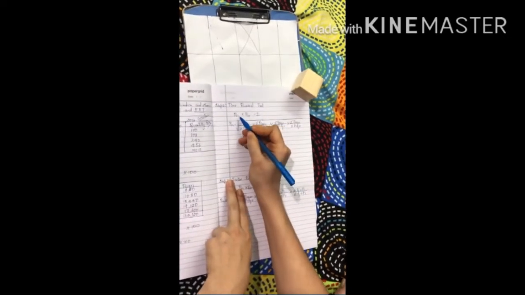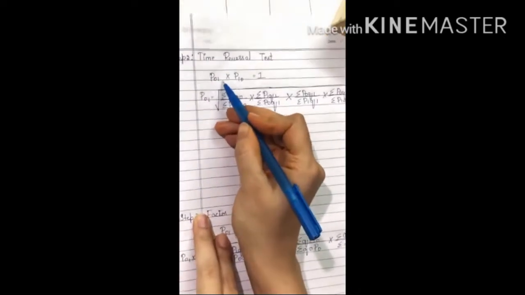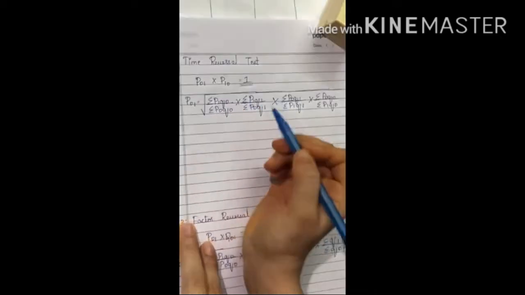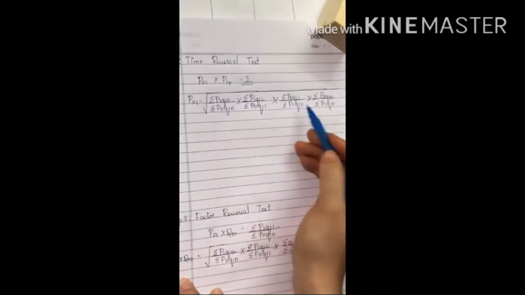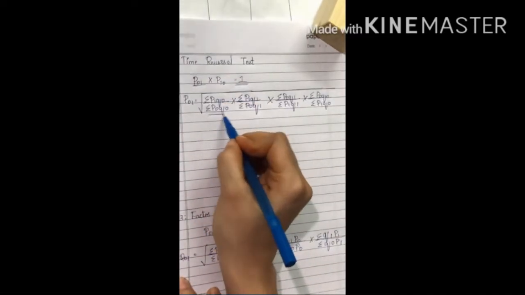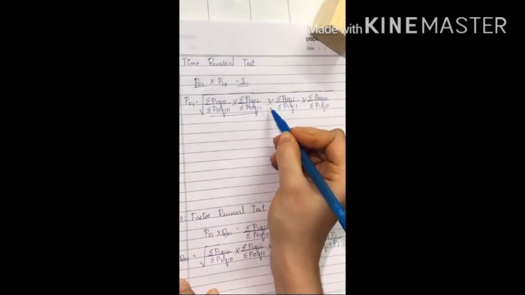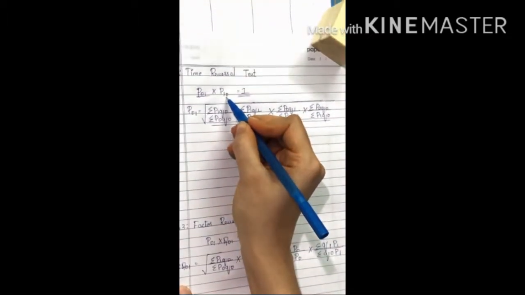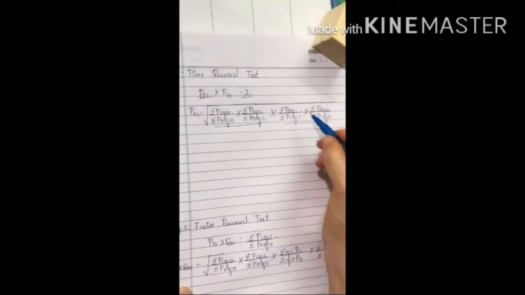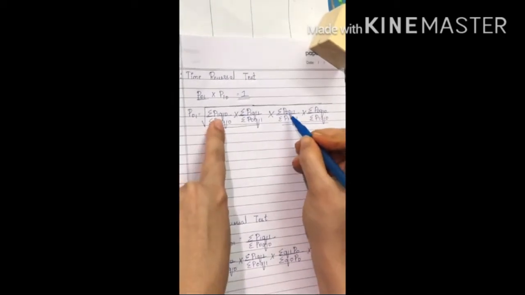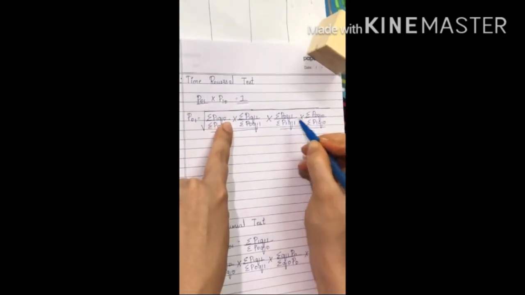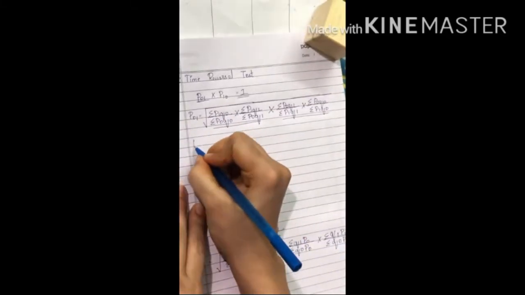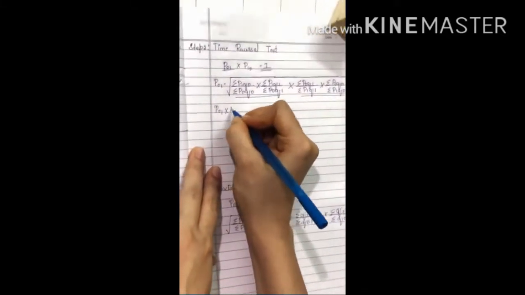Now, the second step for 14 marks is identifying the time reversal test. As I've already explained, the formula is P01 into P10 equals 1. You need to prove this value. I've written the P01 formula here, and continuously into P10. As you know, for P10 you are just reversing the values. Wherever there is 1 you write 0, wherever there is 0 you write 1. That's how you need to convert it. Now I am writing the values here.